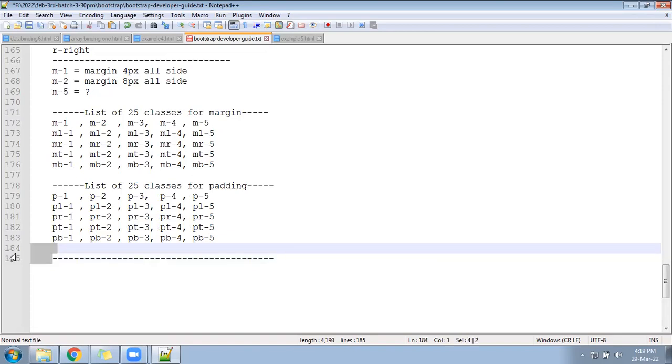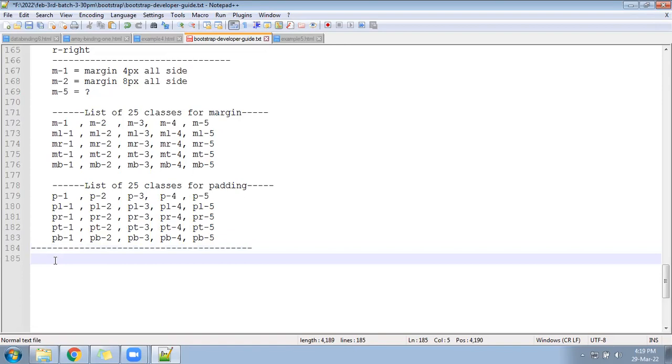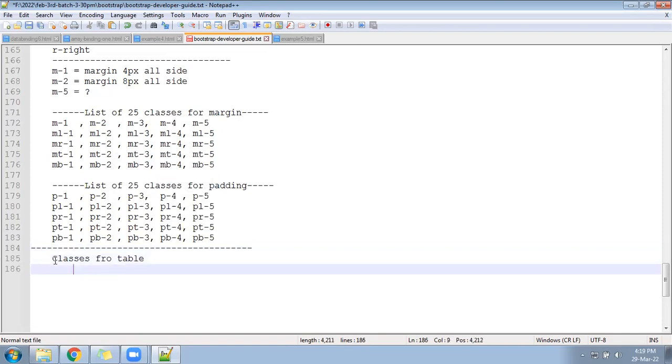List of the classes for table. Okay, so which all classes we have for table, that we are going to see once.